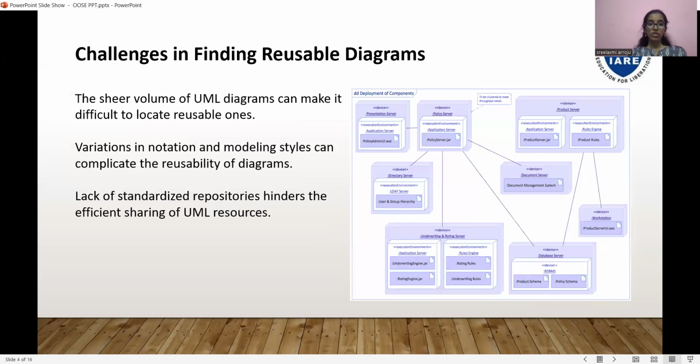Challenges in finding reusable diagrams. The sheer volume of UML diagrams can